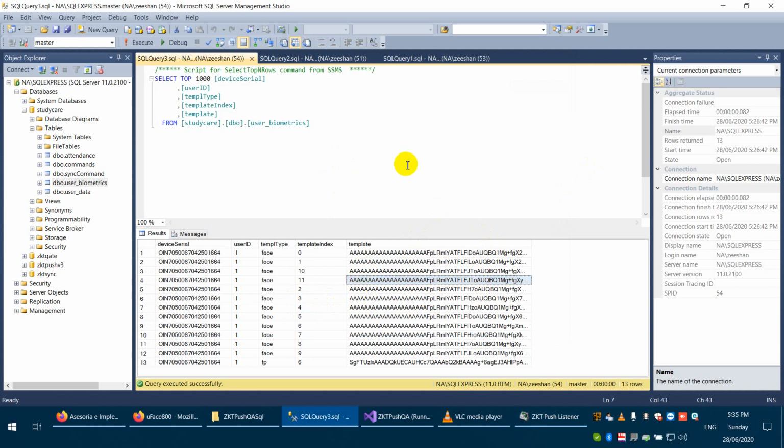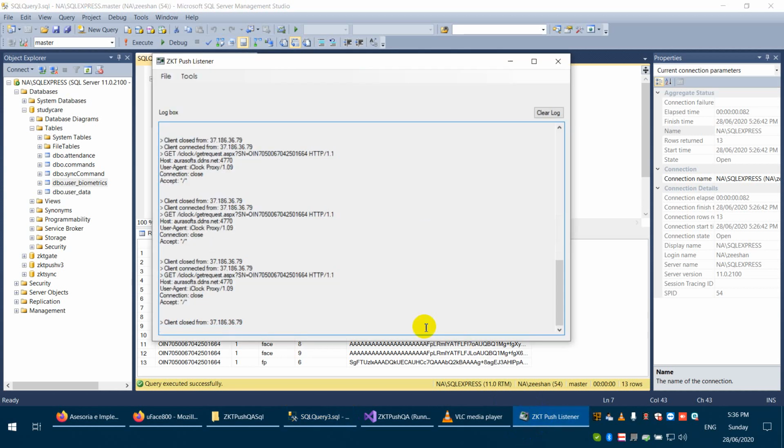So it becomes very easy to use and manage the devices. You enroll on one device, and the user can check in and check out on any of the devices on the network. So there are many features like this that can be achieved. They all depend on the use case.